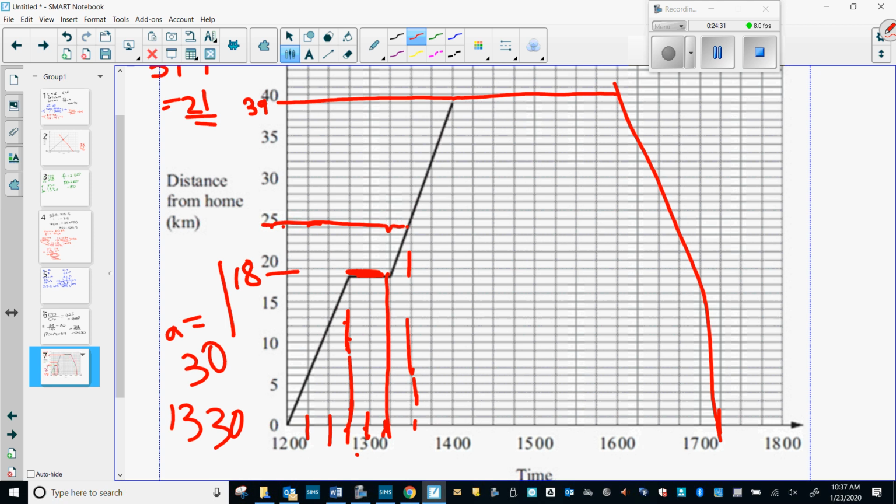Next, the other time that he went was right here. Sorry, I totally lost you. So you just need to extend that line, the 24 kilometre line, all the way along. Wait, what do you mean? Keep going. Oh yeah, and then